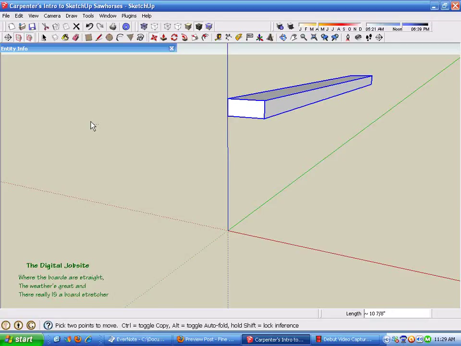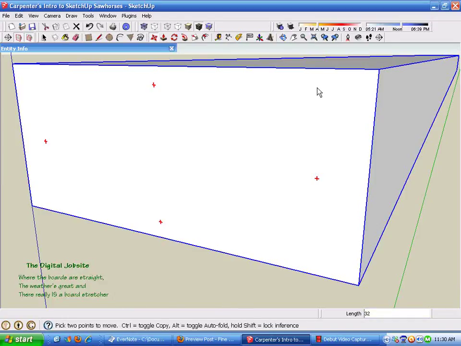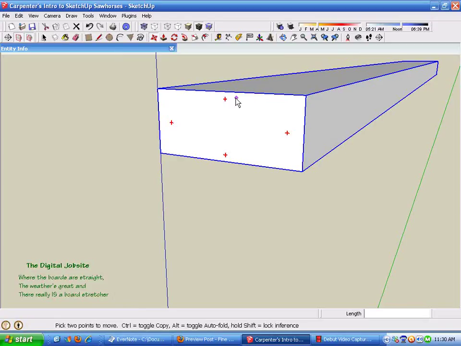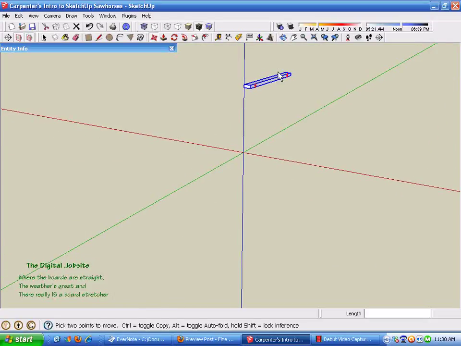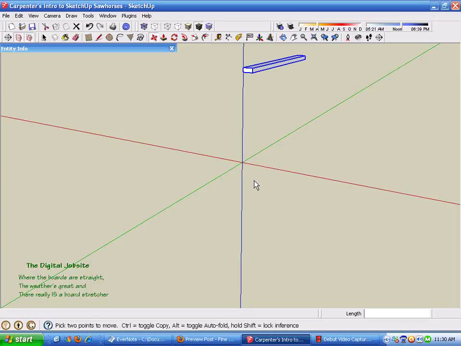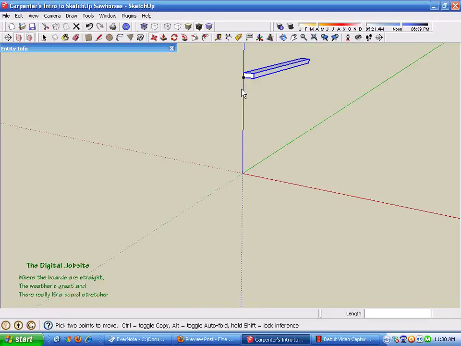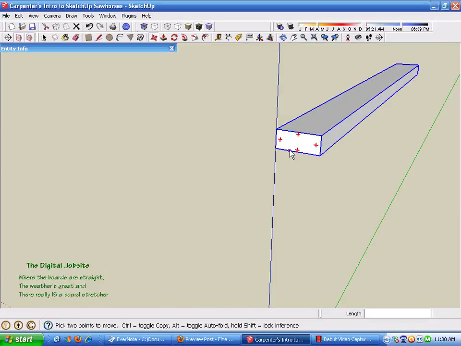And I want to raise this off the ground. It's sitting on the ground, and I want to move it up so the horses, these sawhorses, end up being 30 inches tall. Let's make them 32 inches tall. So I'll type 32, enter, and now the 2x4 disappeared again. Zoom extents shows us that 2x4. I'm going to scroll out here, and now I can see that 2x4 is hovering off the ground. But I moved it from the ground up 32 inches, so the bottom of that 2x4 is 32 inches off the ground. So I'm going to select it again,